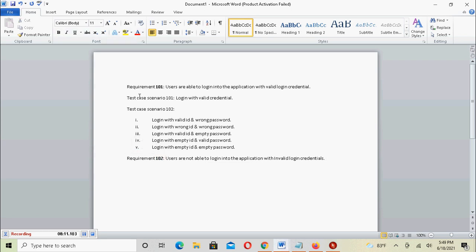This is another requirement. This is one requirement, that the requirement number is 101. The requirement says users are able to log in with valid credentials, and we will test that with valid credentials. We will test users are able to log in. That is positive testing. We will also test with invalid credentials, that the user is not able to log in. That is negative testing. So for requirement 101, this one is positive testing, this is negative testing, and for requirement 102,